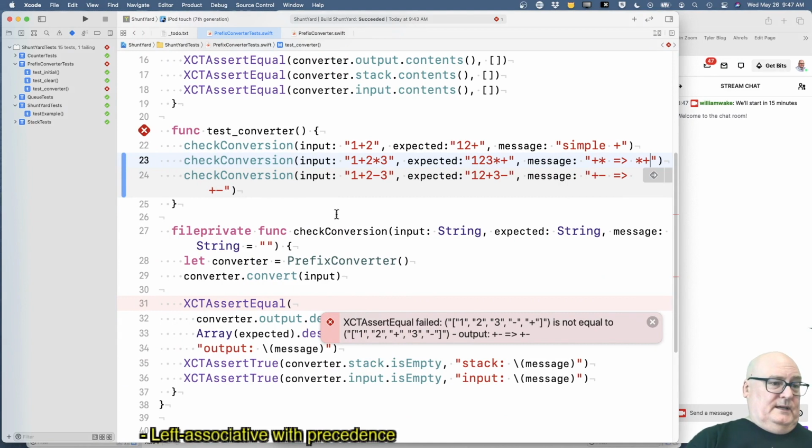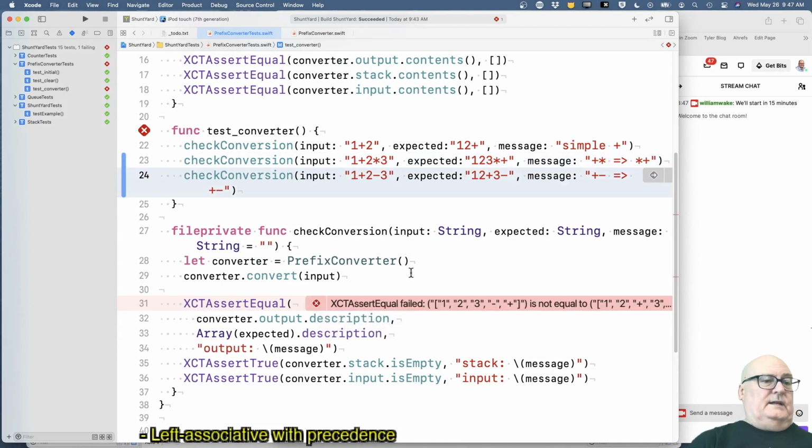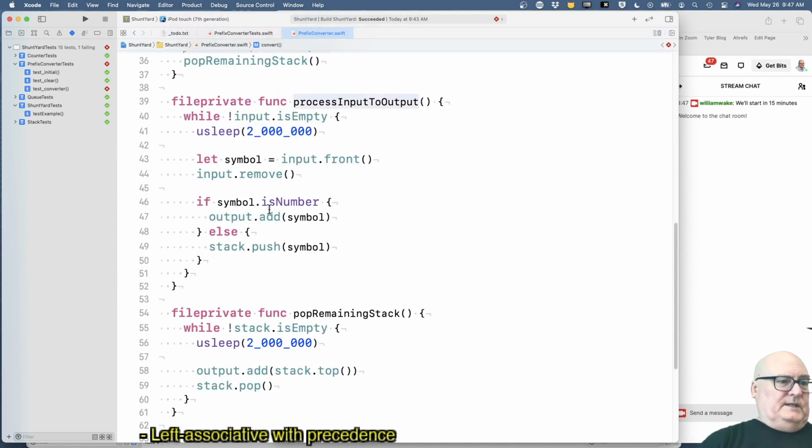So, what can we do? Can I extend the test to make it more clear that it's got to do the stack stuff? No. Well, let's just go with it. All right. So what happens is this is a number. Okay. Now we know it's an operator. Okay. So we've got to decide if